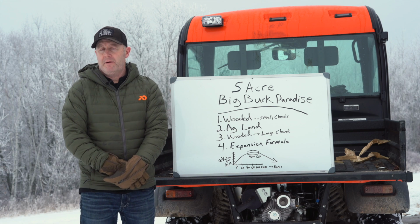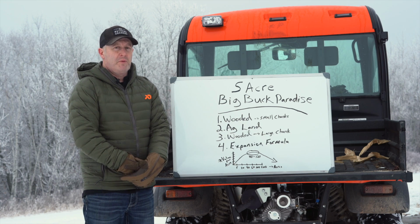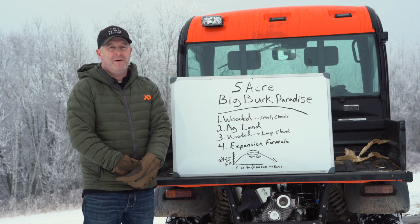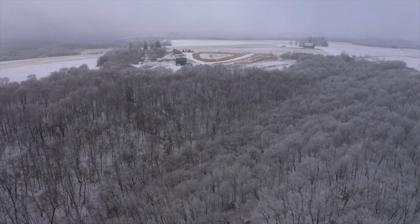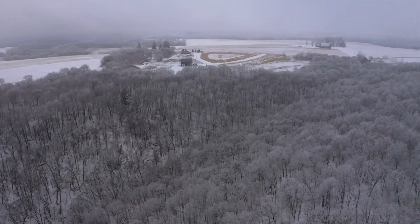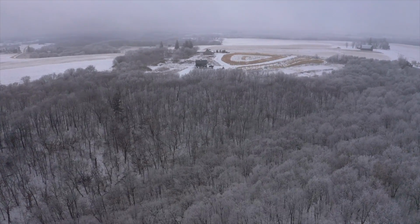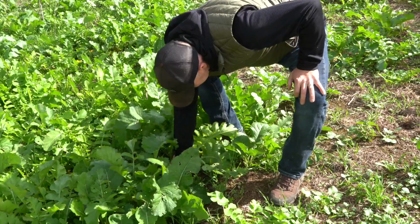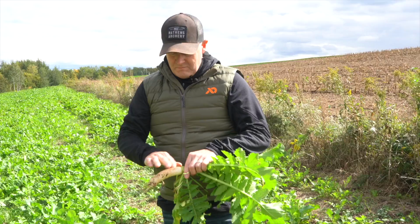And that's the same with out here. We have ag on 3 sides, and so our food plots are still humming in early January here, and they're going to be probably, I would guess, till mid-February. And then we have a lot of rye, half of the fields are rye, so then they'll hit that in spring breakup and warm ups during the season when the snow's melted. And so we can get away with good food plots and good food plot space, and they last the entire